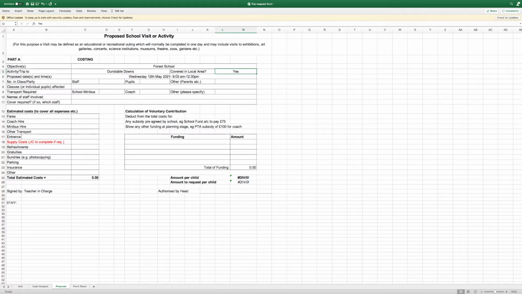Then the date you're going and times, the number of staff, number of pupils, and then classes or individual pupils. So say, for example, you're in Auburn, just put Auburn. If you're going Auburn,